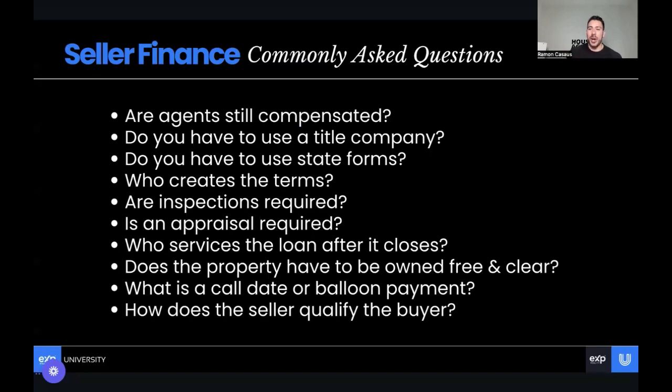Now, are agents still compensated? We just went over that, but yes, agents are definitely still compensated. There is no reason why you are not paid a fee to represent the buyer or paid a fee to represent the seller. Do you have to use a title company? Technically speaking, no. However, I would highly, highly, highly recommend doing so,